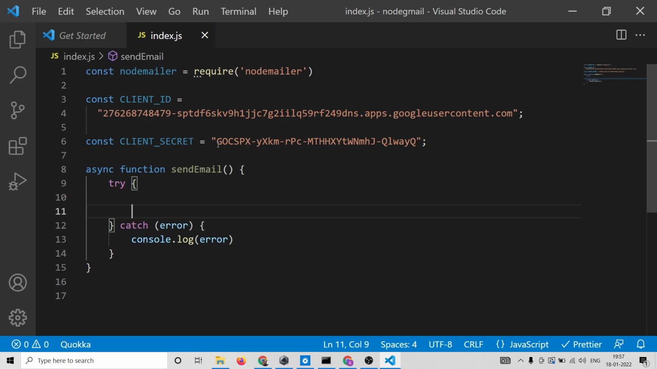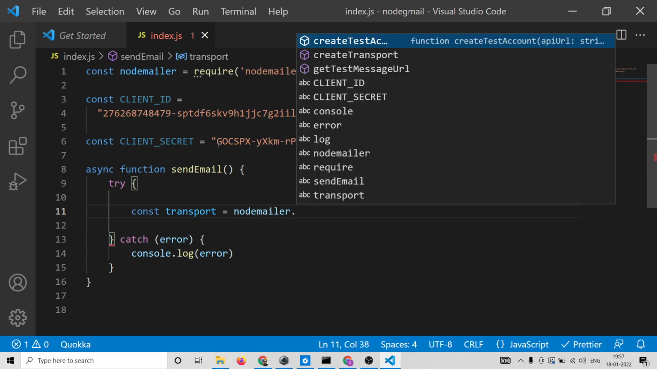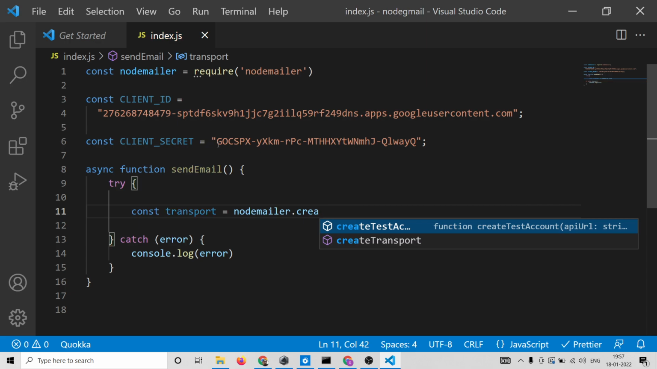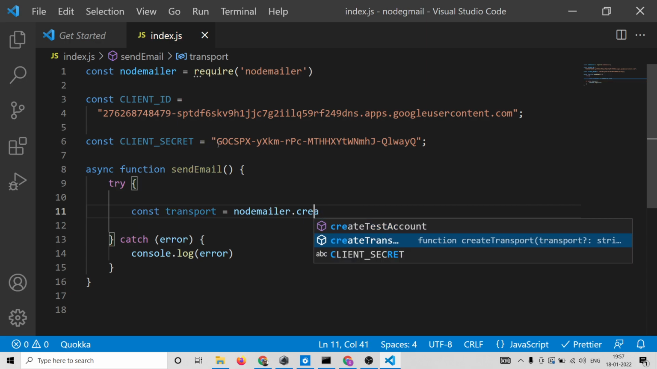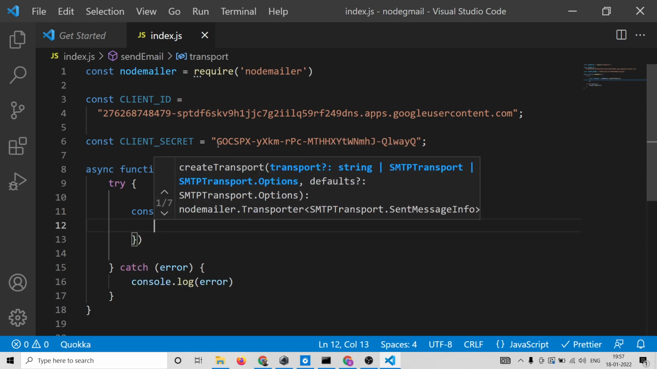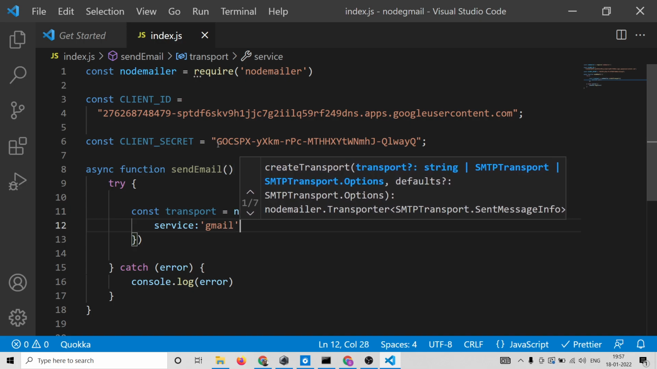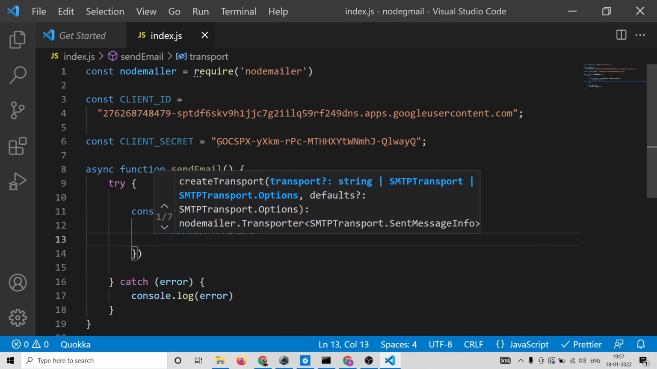So inside this try block, guys, what we need to do is create a transport variable, and inside this we need to use the Nodemailer createTransport method. You can see this is a method which is there, and here we need to pass the details. First, the service is equal to Gmail because we are sending out Gmail emails, and then there is a second